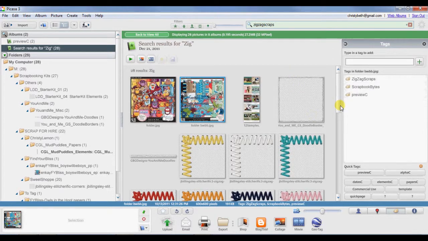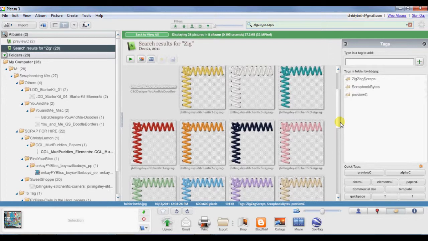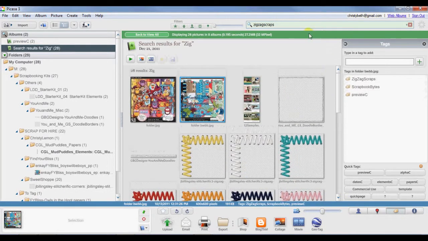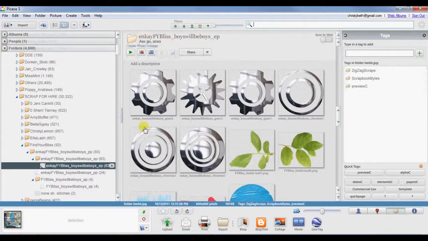Now it is also finding zigzags, things that have the name Zigzag in them, and so that's one of the downfalls to not having a specially designed name here, like I added the C behind preview. But for the most part it finds the kits that I have from Zigzag Scraps that I could use for their challenges. So we're just going to go back to view all